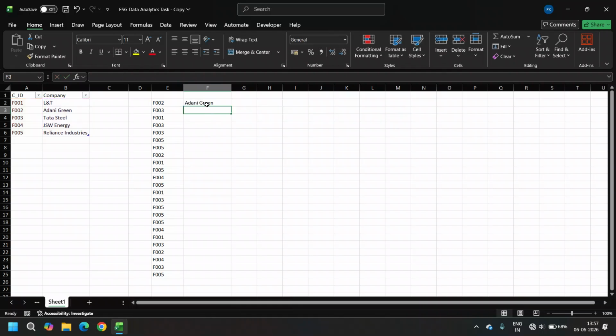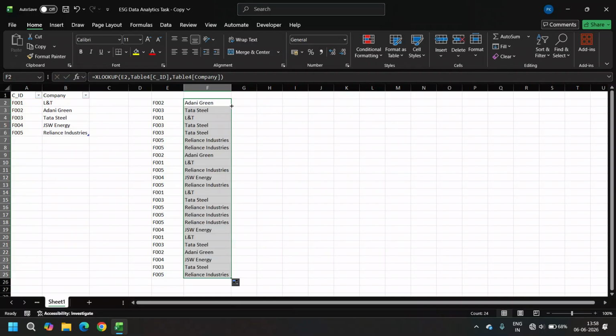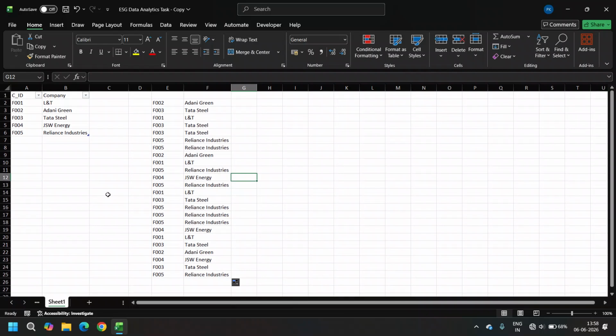So yeah, it is working, and you can always double click on the fill handle. So for each company ID, we get the company names. This is the function of XLOOKUP. You can use it